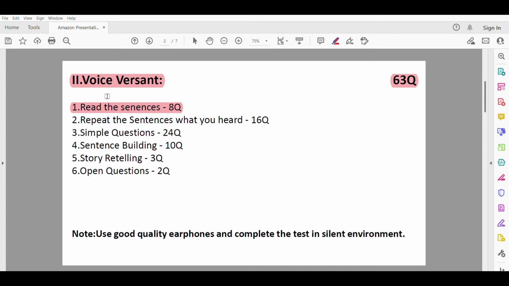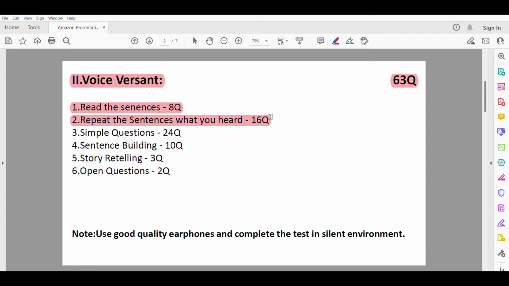Next, the second Roman will be repeat the sentences you heard. It will comprise 16 questions. What does this test mean? You will hear a sentence, and you have to repeat it. Suppose a man or woman speaks one sentence in English; you have to repeat the sentence. It is a main test in which many people lack, because we don't know the native English language, the sense of that language. So we may lose the meaning and miss some of the words. This is the main test, which comprises a total of 16 questions.